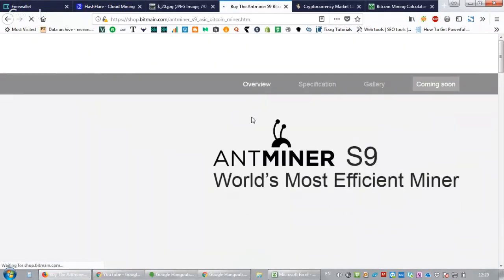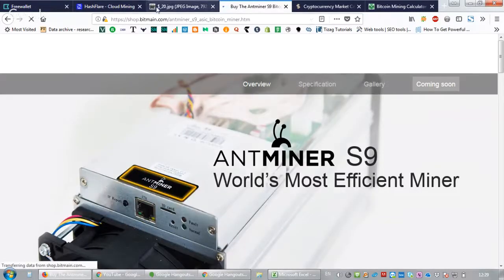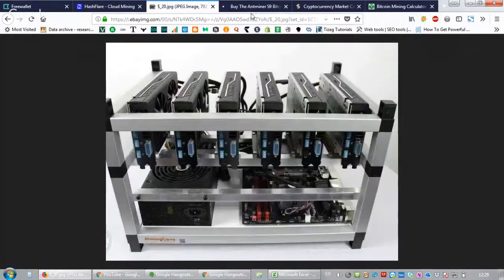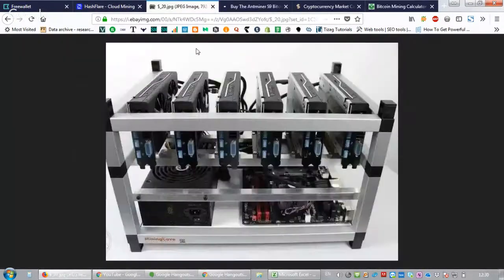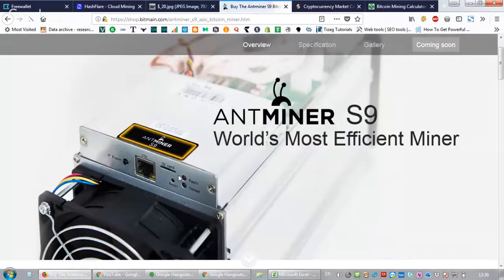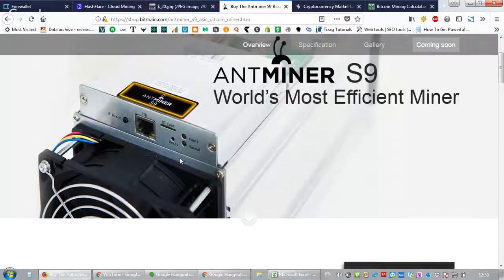Okay. So the Antminer S9 is basically similar to what this is, what the mining rig over here is. But this is an actual computer that you can use for normal computing purposes. Now this one is a dedicated one that actually just does Bitcoin mining. Now, if you look at the specifications,